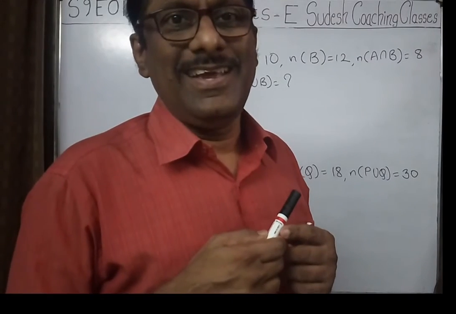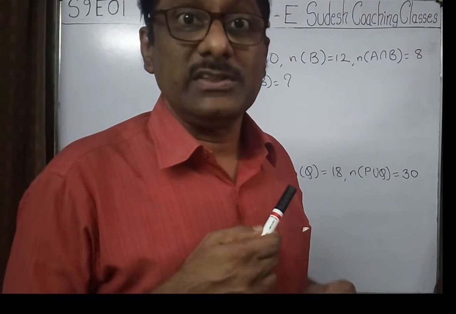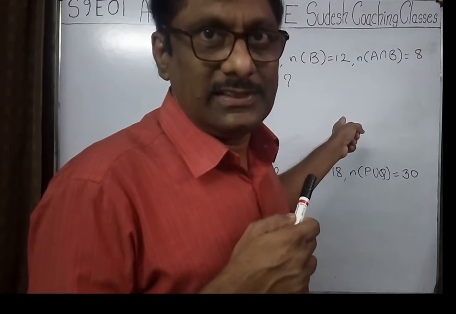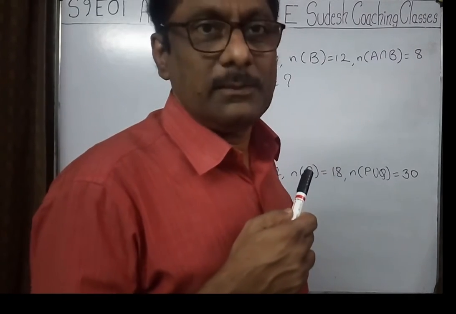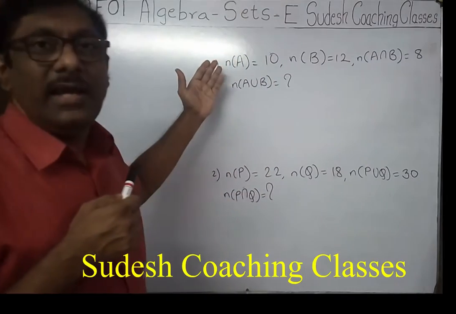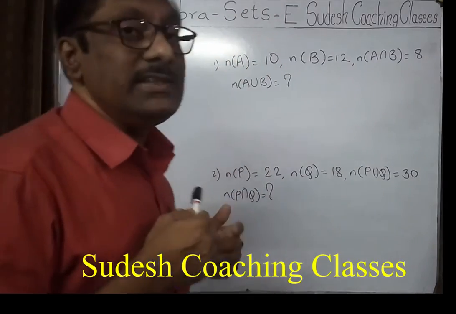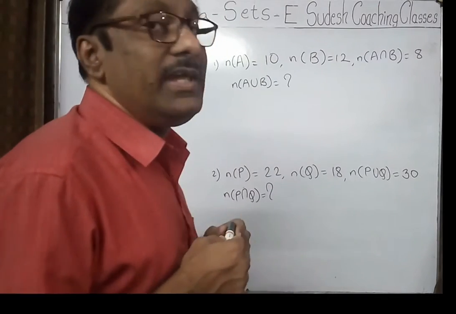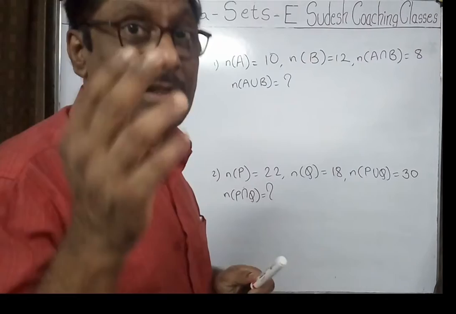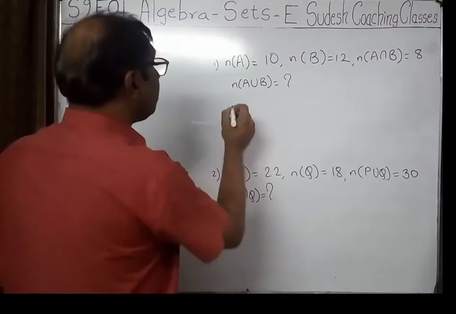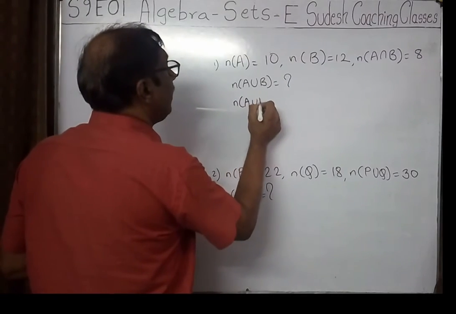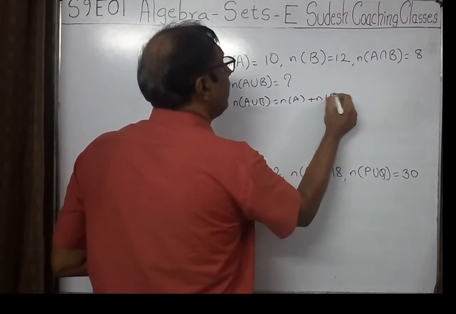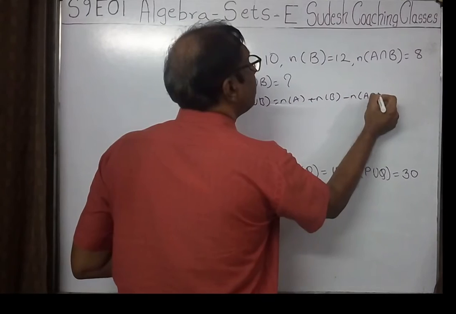Okay, children. Now we are going to use that particular formula to get the answers of this. Come on, let's do the first sum. What is given? N of A is 10, N of B is 12, N of A intersection B is 8, and N of A union B, we have to find it out. Let's use that formula. What is that formula? N of A union B is equal to N of A plus N of B minus N of A intersection